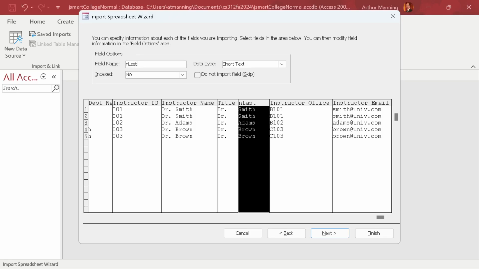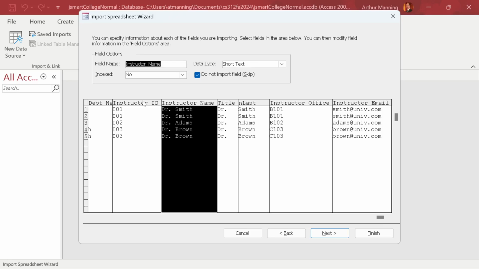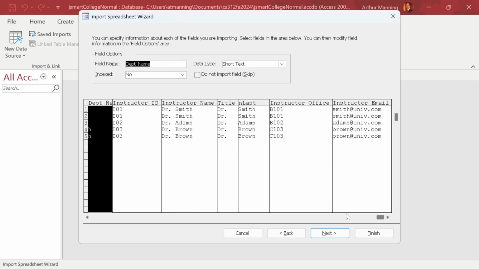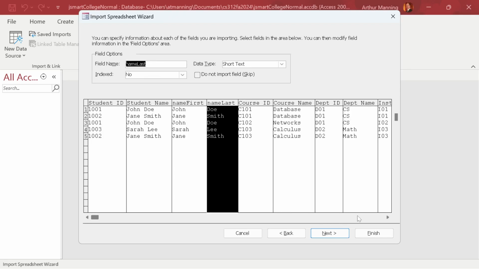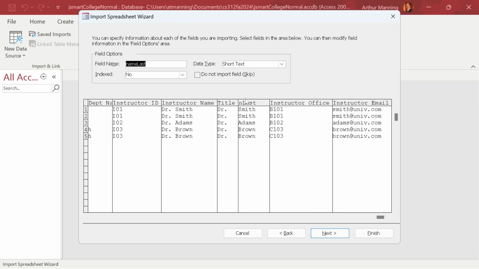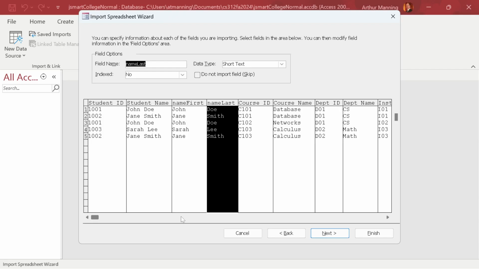N last. And later on, when I split it up into third normal form, I can rename it to be name last of my professor, because I know I'm eventually going to create an instructor table to put it in third normal form. But for now, I'll call it n last. I think that's the only one that had a problem with the field name. Whenever you see a new name like field 1, field 2, you know that Access renamed it for you because either there was no name assigned or it didn't like the name that was being assigned. Now I can click next